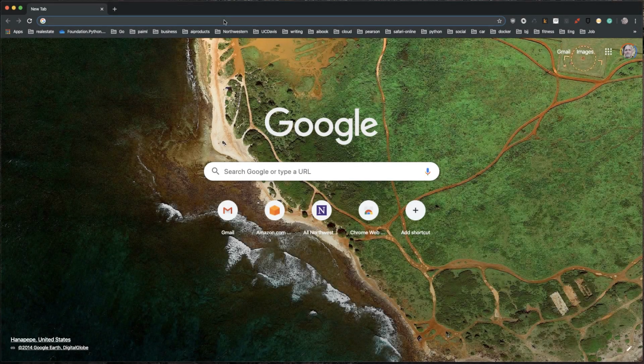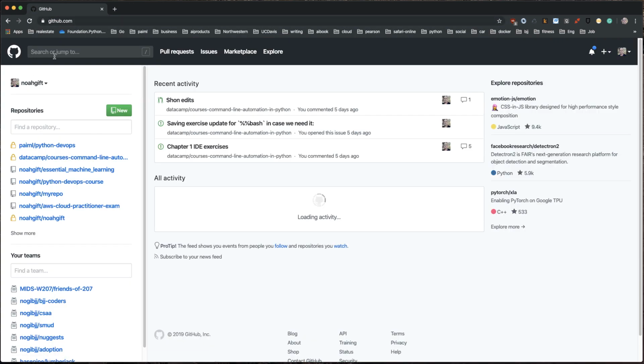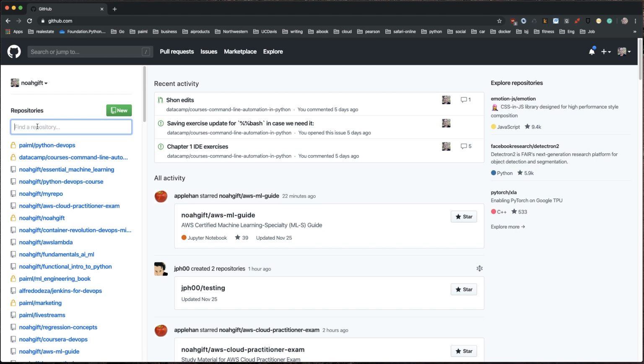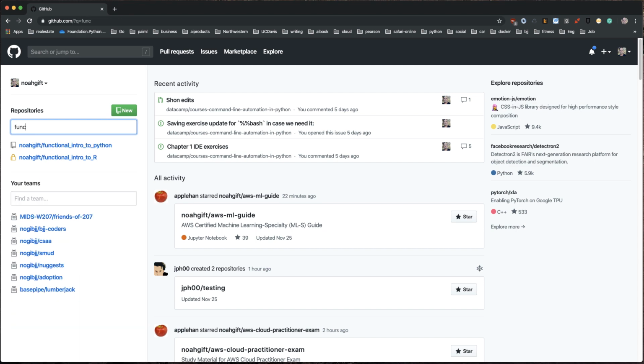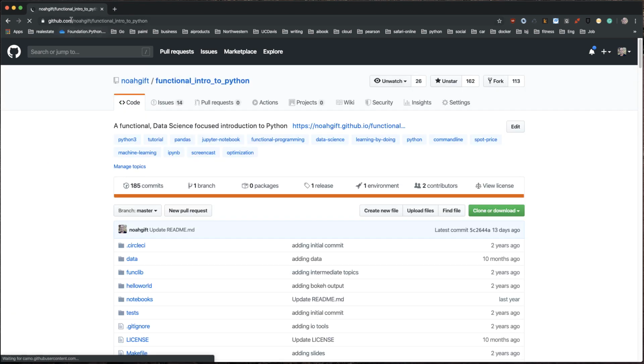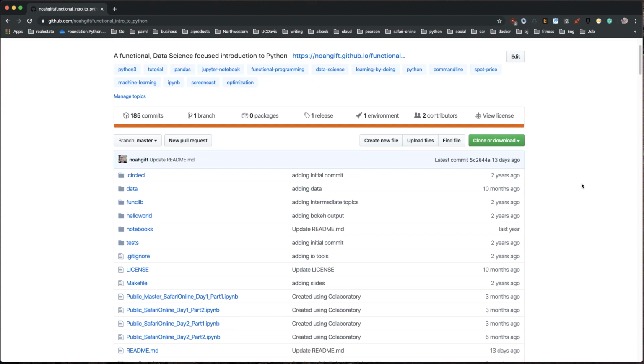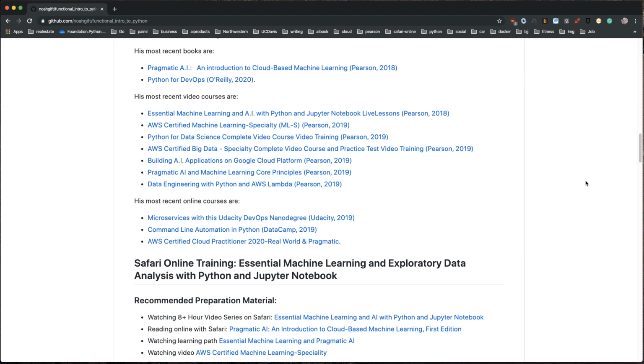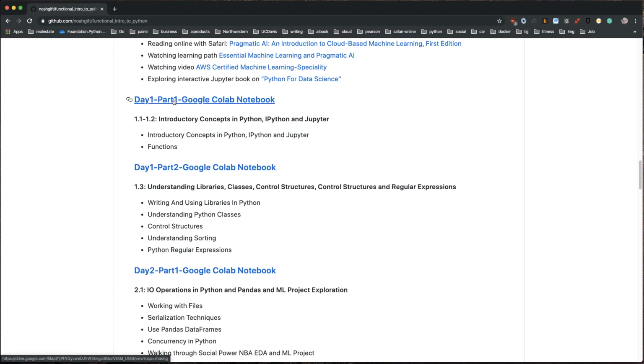To start this tutorial, I'm going to go ahead and type in GitHub. I'm going to find functional intro to Python. So here is the repo. That URL is github.com, Noah Gift, functional intro to Python. And if I scroll down here, I'm going to go to this first notebook, which is day one, part one,